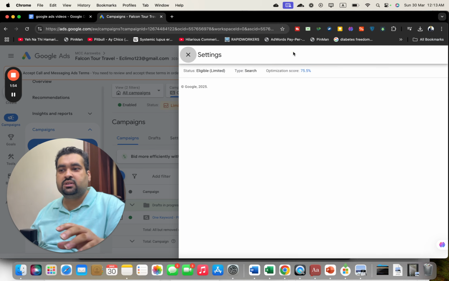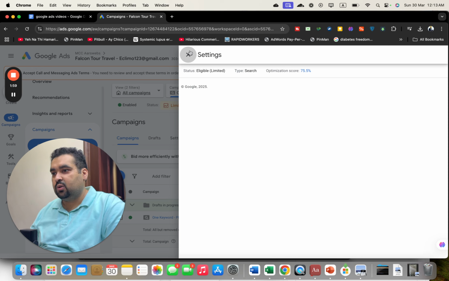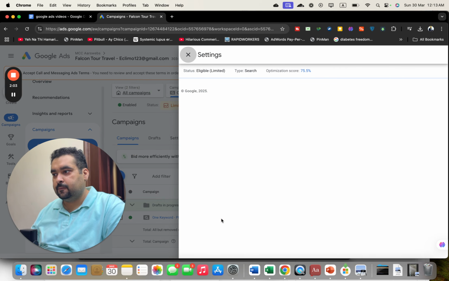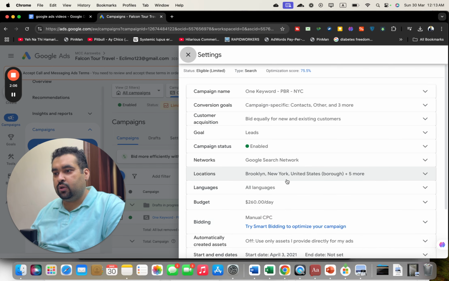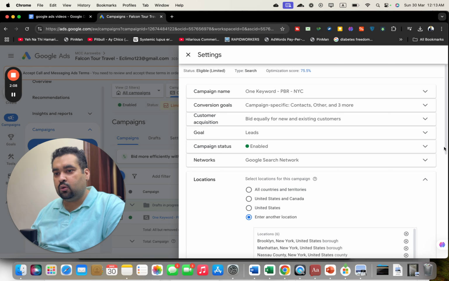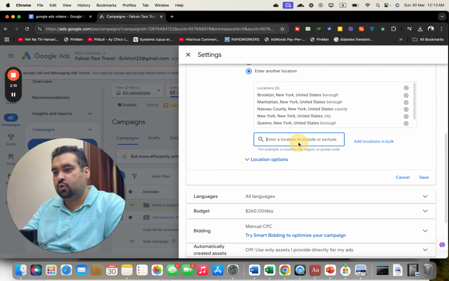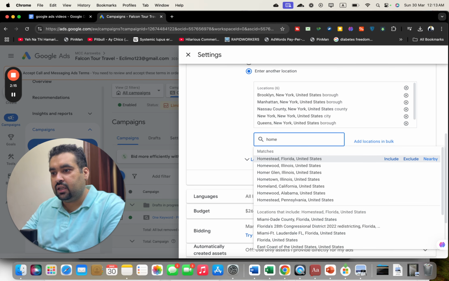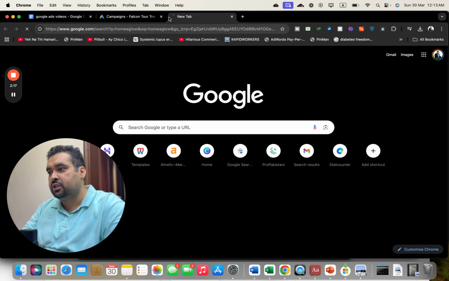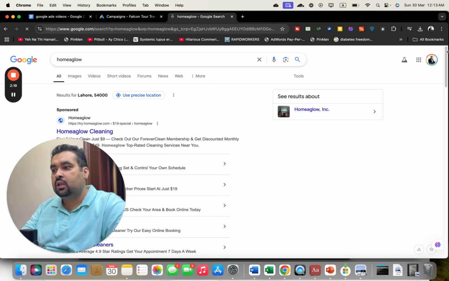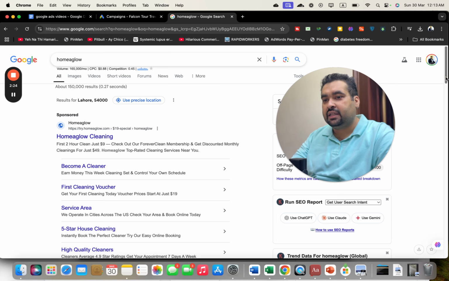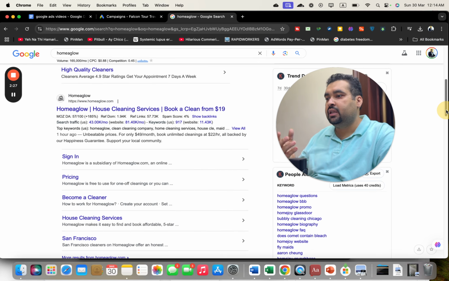Once your settings get loaded, you just have to wait for this slow internet. I'm going to select it again, and over here you can see the locations which you are targeting. What I'm going to do is write the word Homeglow and see if there is any location. I'm also going to see if there is any city or any word. So what actually happens is that there is no city. If there was any city, I would have simply